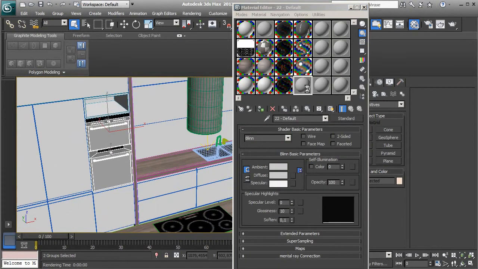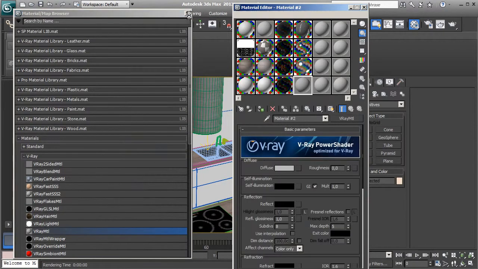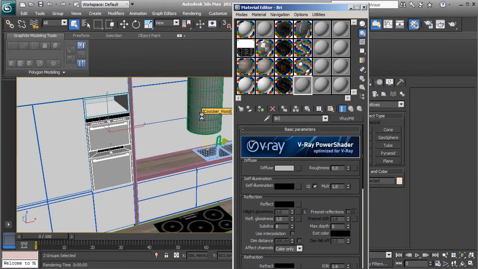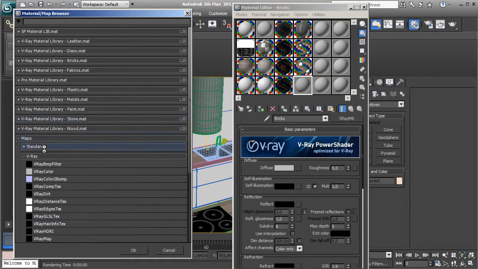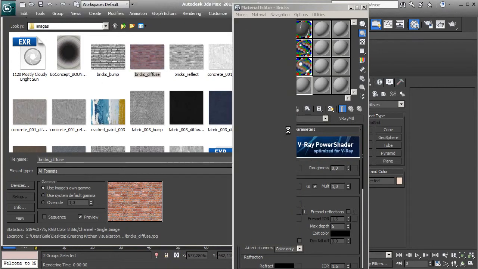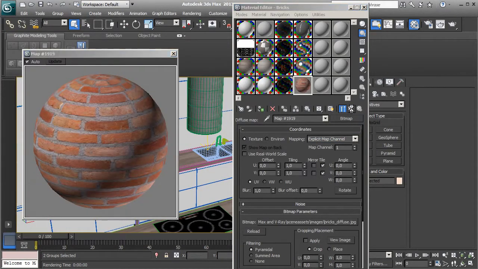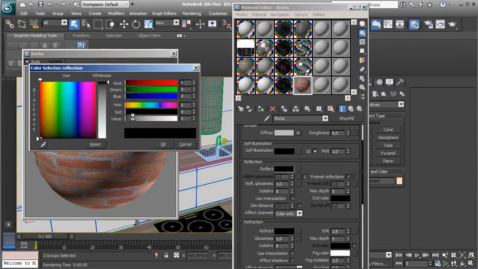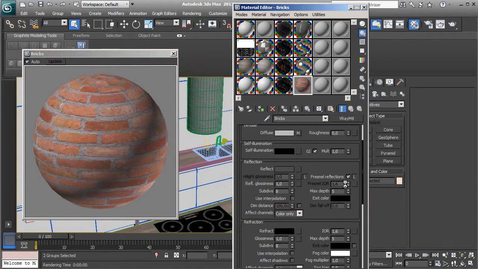Now we will create brick material for our brick wall. So let's start again by creating new V-Ray material. Let's name that bricks and let's in diffuse slot we need to put this diffuse texture. Okay, and now turn on reflections, very dark reflections. Okay, turn on Fresnel, leave it at default for now and let's change reflection glossiness to 0.6. Turn on background